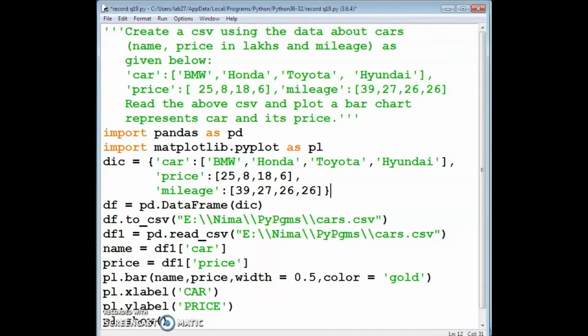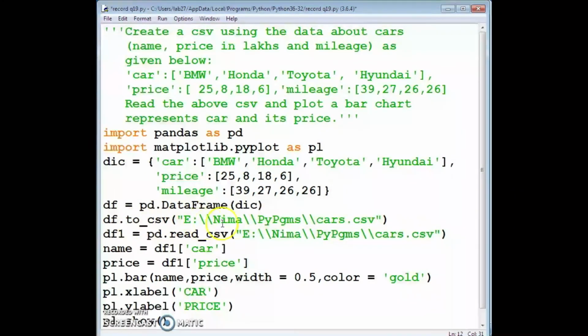Okay, for that we can use the statements: import pandas as pd, import matplotlib.pyplot as pl, dic is equal to car, that all values, price values, mileage values. This one is a dictionary, key value pairs. Then we pass this dictionary to the data frame: df is equal to pd.DataFrame(dic).